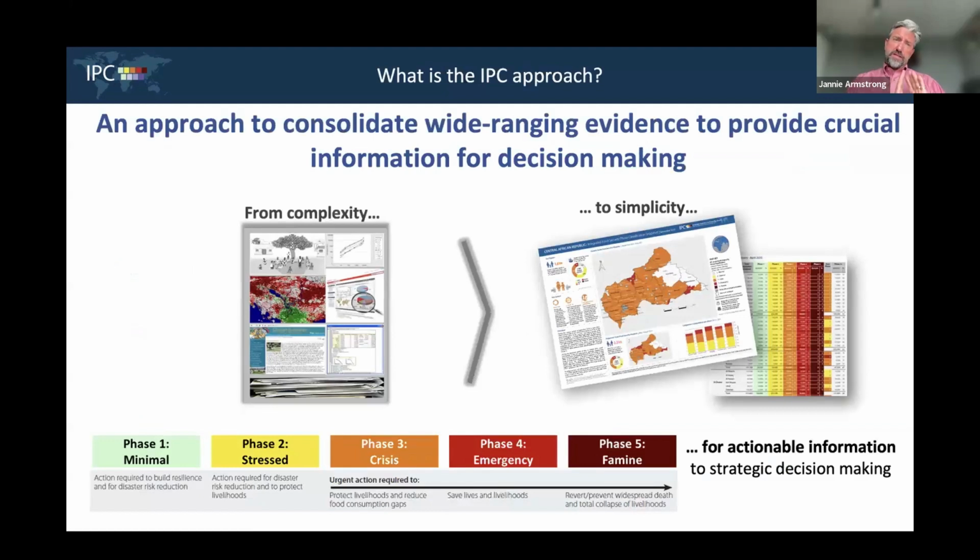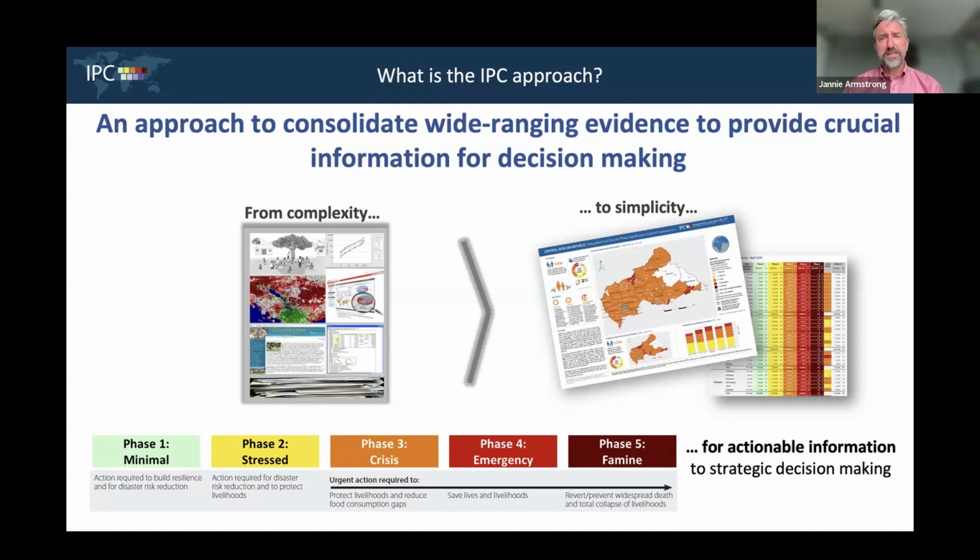The reason for this is that historically, going back 25 years now, there was a moment when there was very little. Food security is necessarily a complex construct, which has a huge range of factors involved in it and which it implicates. As a consequence, it's been very difficult historically to understand what food security or food insecurity looks like. And the IPC was an attempt to classify food security crises, when food insecurity was taking over from food security, into a standard 5-phase scale, which is represented here at the bottom.